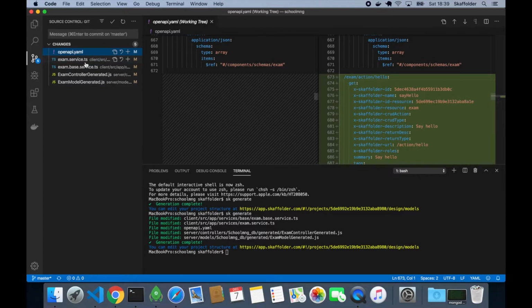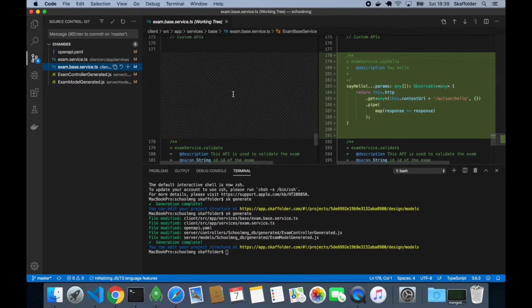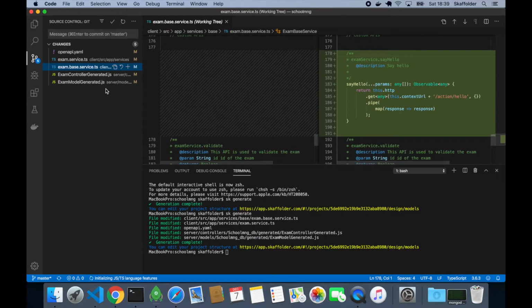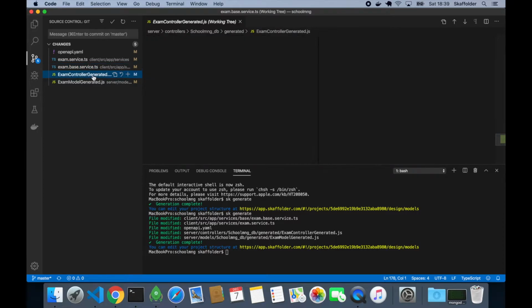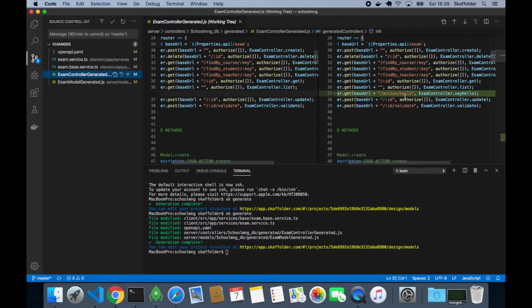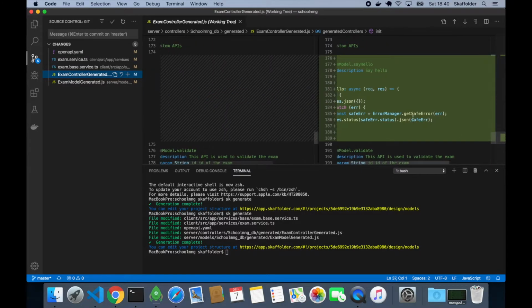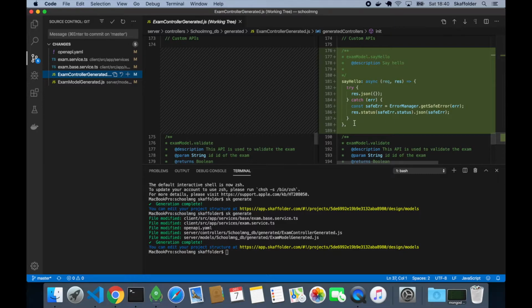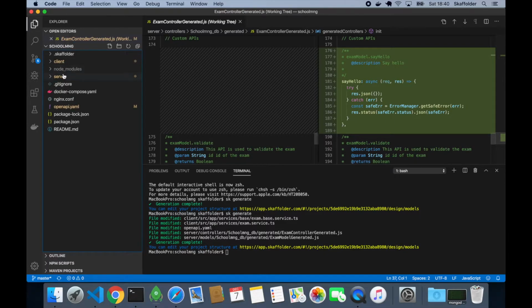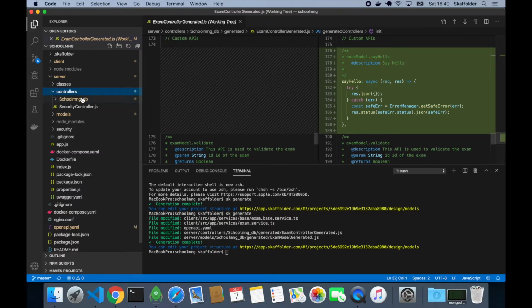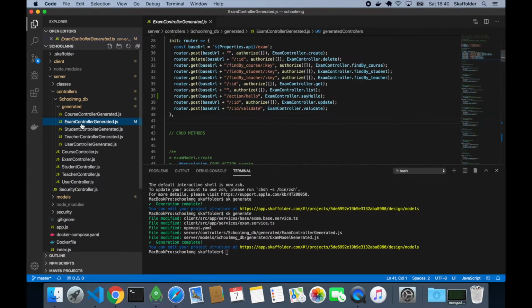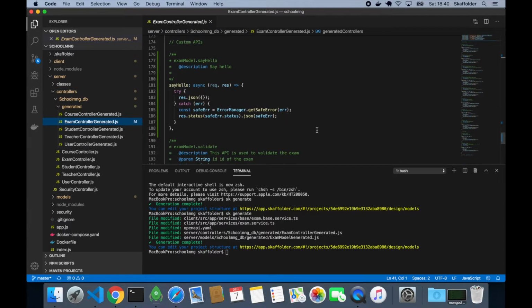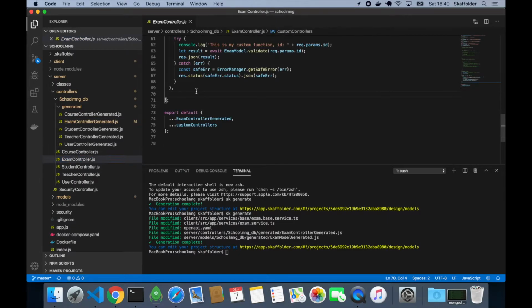for Swagger, and we have the service file for the front end in this case, and the same for the back end. So we have a controller with the URL where we have the function sayHello that is actually here, and it is ready to be customized. As shown in the previous video, we can go in server, controller, generated, exam generated, taking this function, and to customize it we can paste it in the other controller,